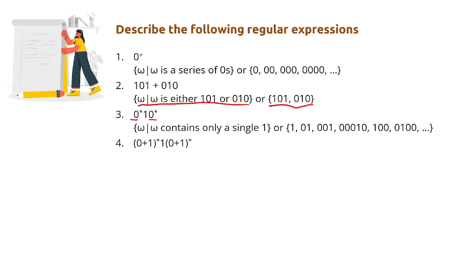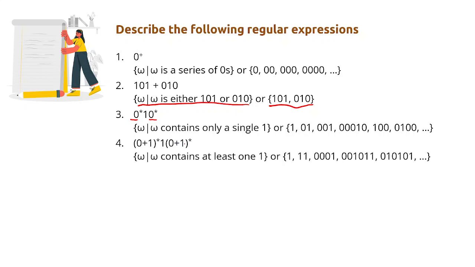0, 0 or 1, clean closure, followed by 1. Then 0 or 1, clean closure. So, ang atong pag-interpret ani kay word such that word contains at least one 1. So, ang difference ani sa number 3 number 4, sa number 3, isa lang yun dapat ang 1. Sa number 4, dapat na at least isa ka 1. Okay? So,